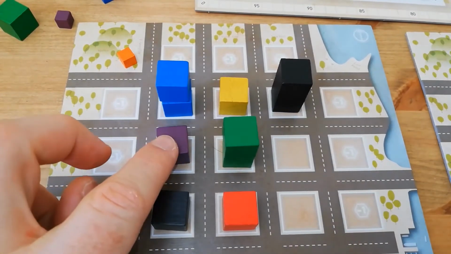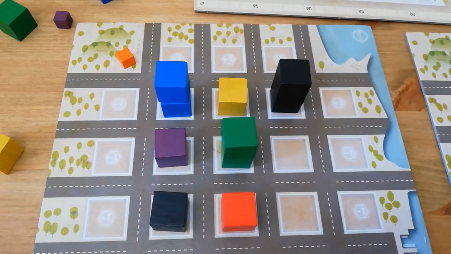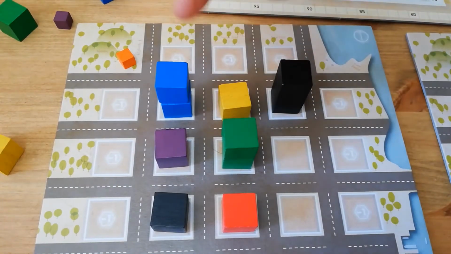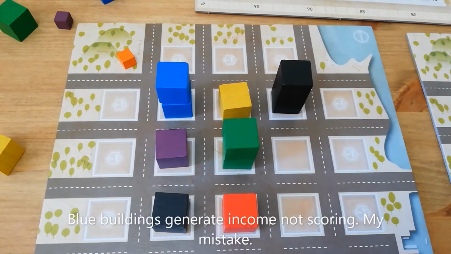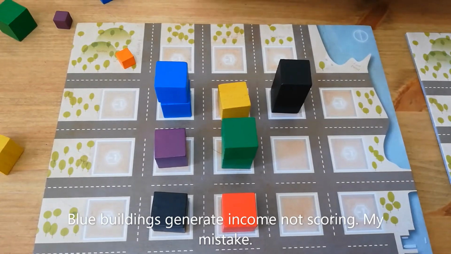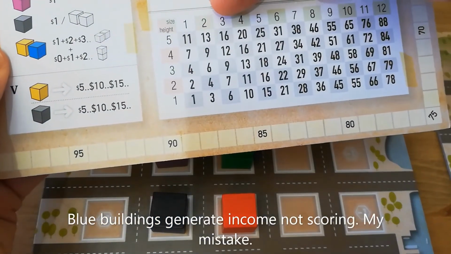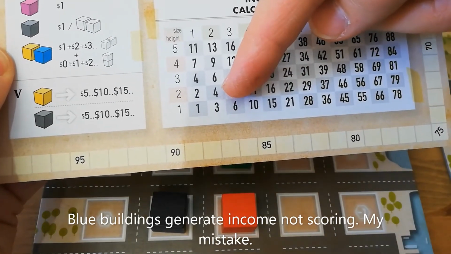The City Hall cube, the purple cube, will always generate $1. The commercial district will score based on whether it is powered, which means it has a yellow cube adjacent to it somewhere, and the size in terms of total number of cubes and height of the district. So in this particular instance, the commercial area is powered, which means it will generate income. And then we need to cross-reference its 2 cube size with its 2 cube height, and it will generate $4